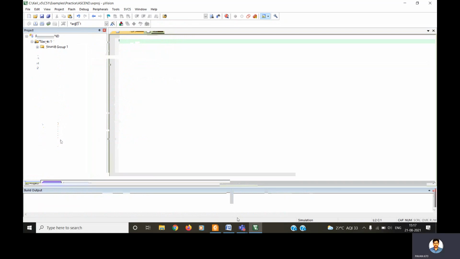These two bits, RS and F0, are left for future purpose. This AC is the auxiliary carry. CY is the carry bit, carry flag. So these flags are indicated here in the PSW register.